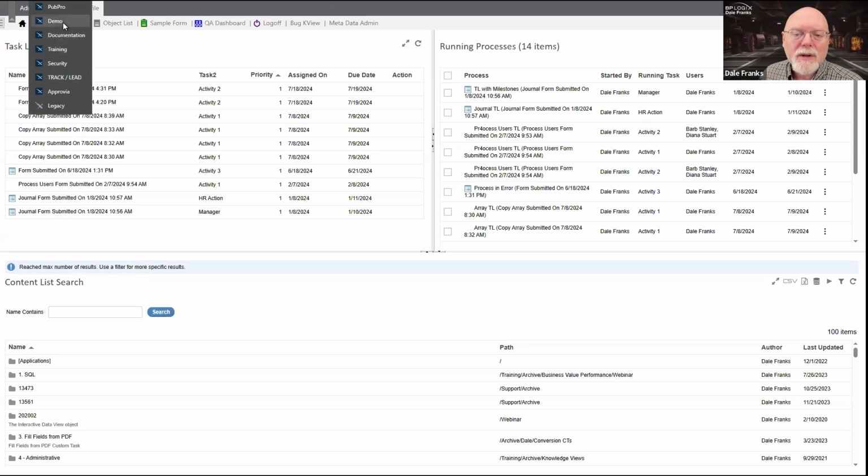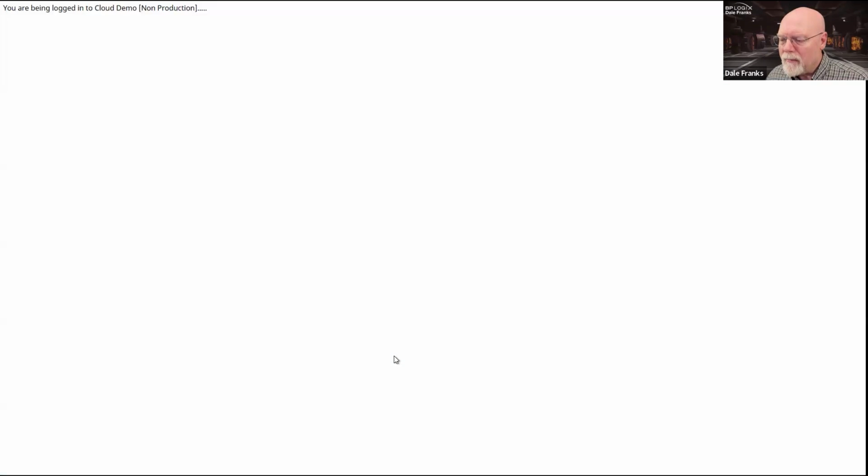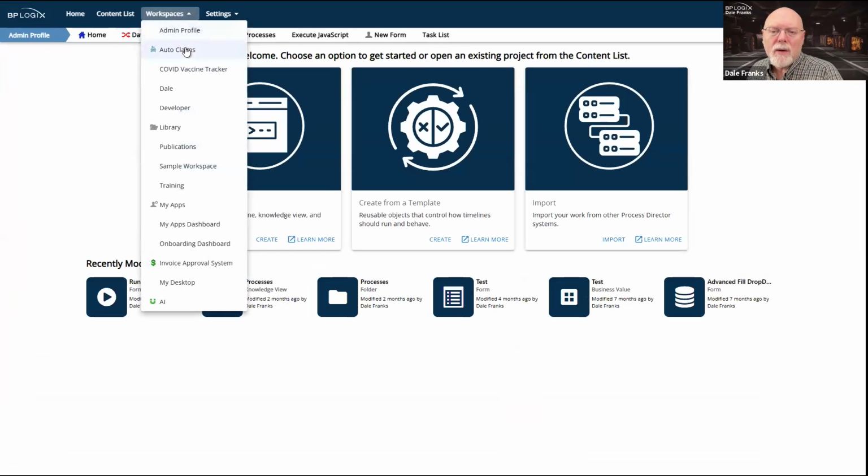That's customer stuff. That is demo right there. So we're going to look at our demo server, where we have a lot of weird things happening for various prospects and various customers. And if we go into that admin profile, this looks great. This is version 6. So I can't actually show you what happens, because I was thinking I was going to see the tab bar, and we have all of these workspaces.